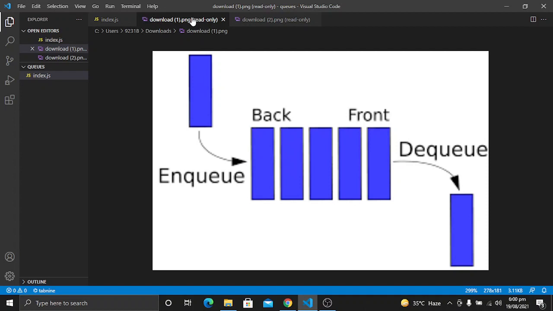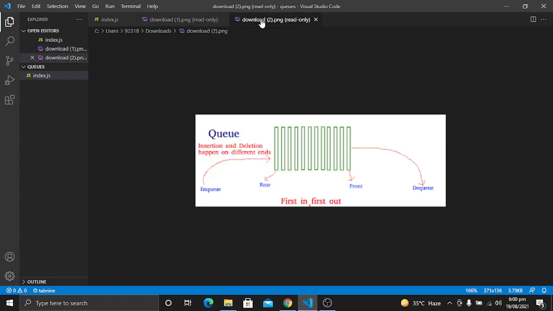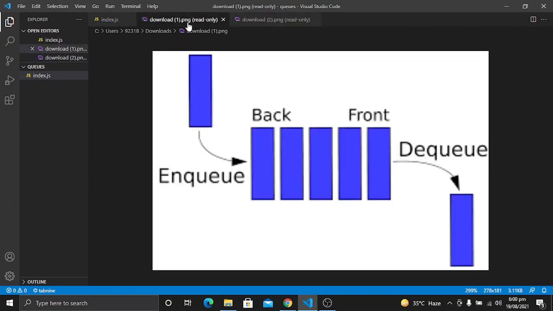The most popular example of a queue in real life is the typical line that we form from time to time. We have lines for movies, the cafeteria, and the checkout line at a grocery store, among other examples. The first person that is in the line is the first one that will be attended to. You can also see in this diagram that the first in first out principle will be implemented in the queues.